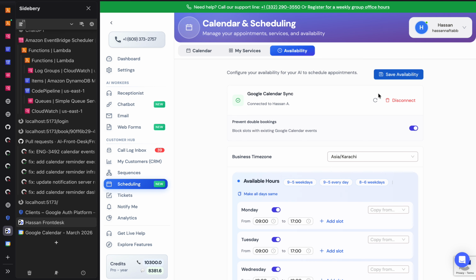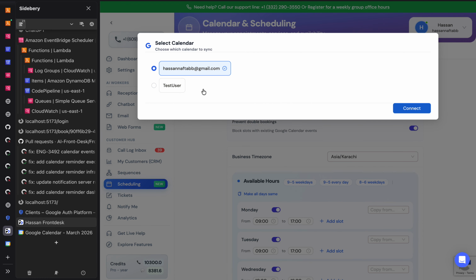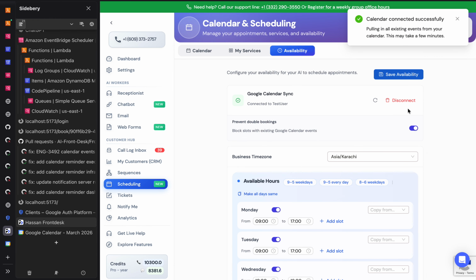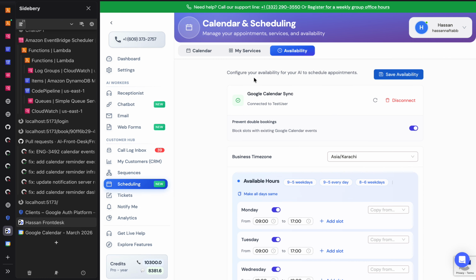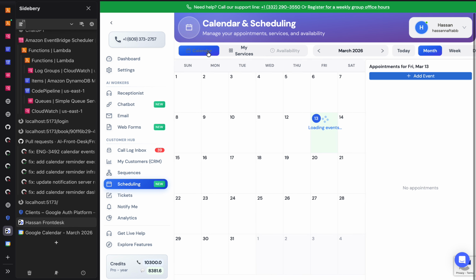So essentially when this is connected, you can see we have options for which calendar they want to sync. I select this test user for cleanliness, and I click on connect. This takes a few minutes to sync all of the events of the connected calendar. So with that particular calendar, if I go to calendar now,